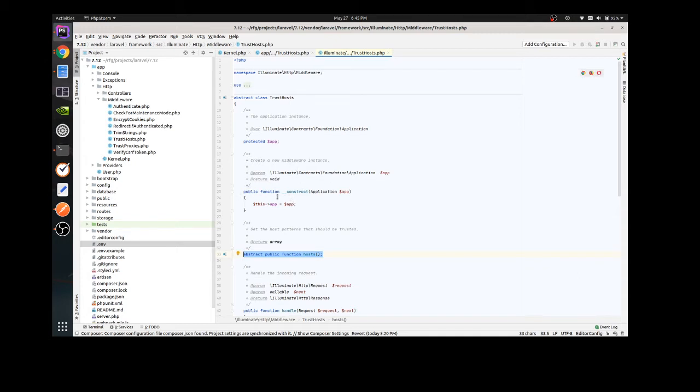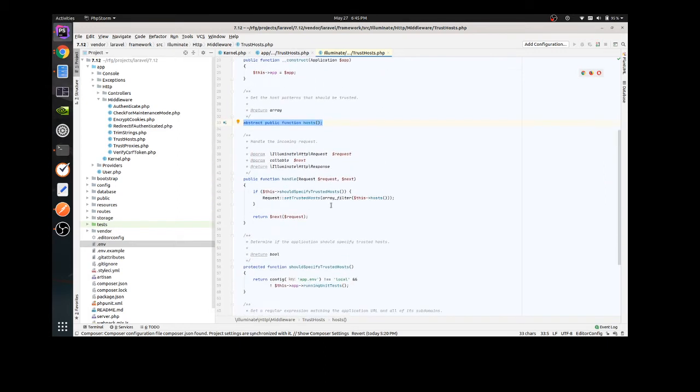The meaning is very simple. In the construct we are passing the application object, and there is a handle method which is executed on every request. So first of all, it will check should specify trust host.